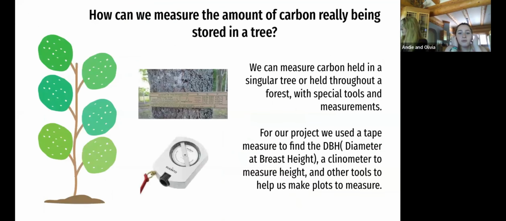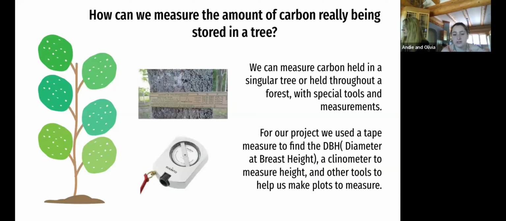So how can we measure the amount of carbon really being stored in a tree? We measure carbon in a single tree or throughout a forest with special tools and measurements. For our project, we used a tape measure to find the DBH, which is diameter at breast height. You wrap it around the tree, or you can use something called a Biltmore stick, which is what's shown in the picture. And then we also use clinometers to measure the height,